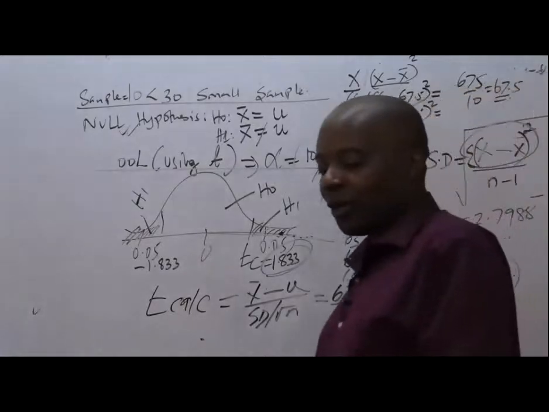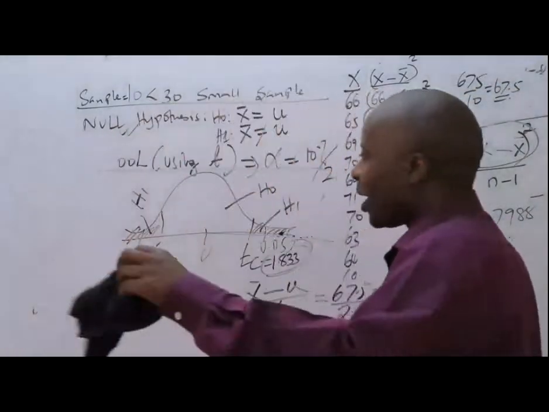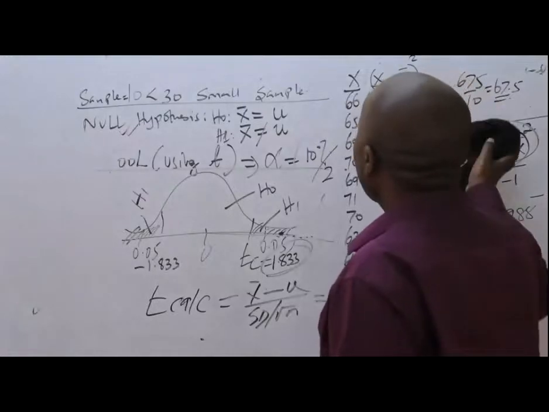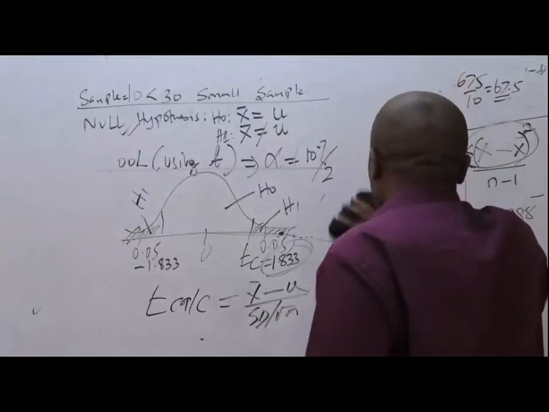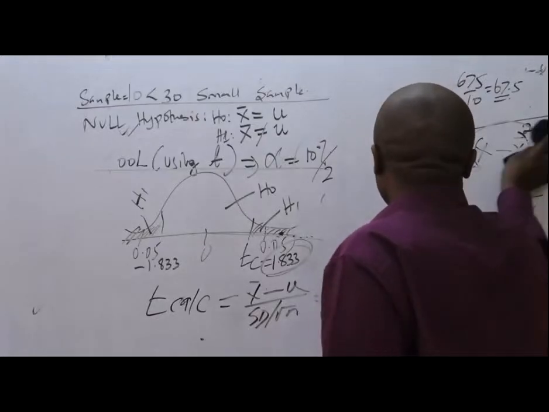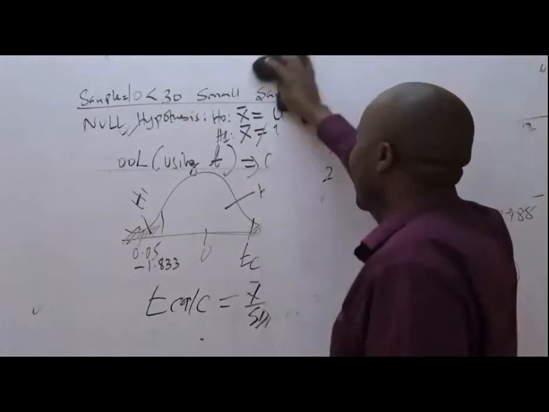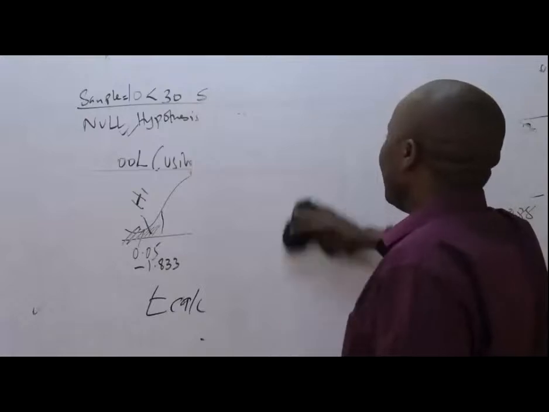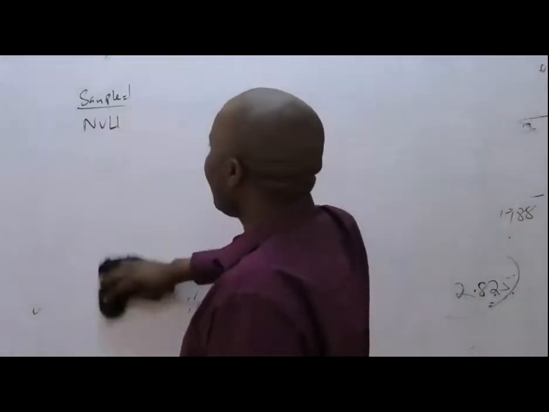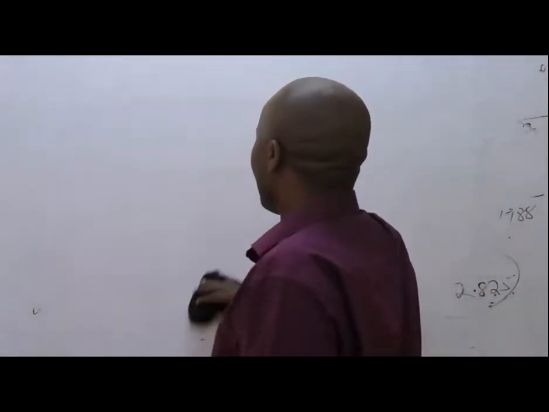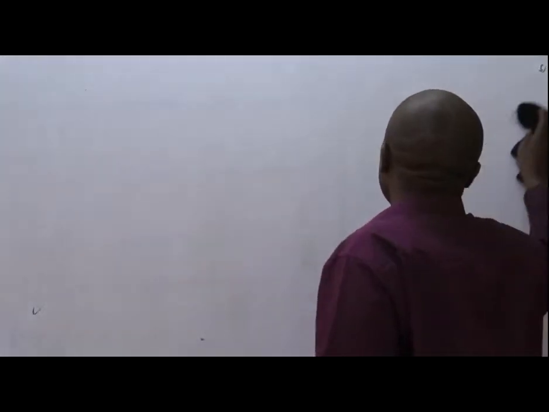It falls on the shaded region, and therefore we accept H0. Falls on the shaded region, and therefore we accept who? We accept H0. Don't even go further than that to do any descriptions. Simply tell us we accept H0 because